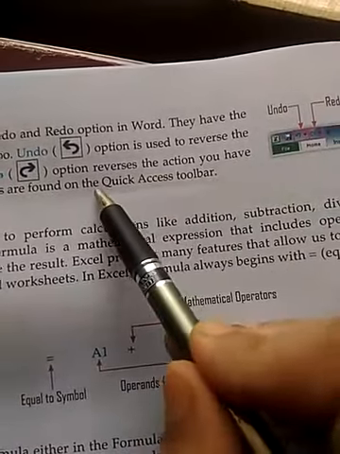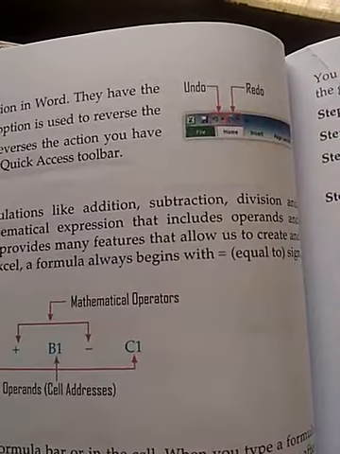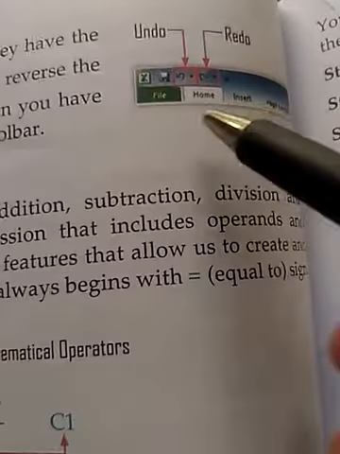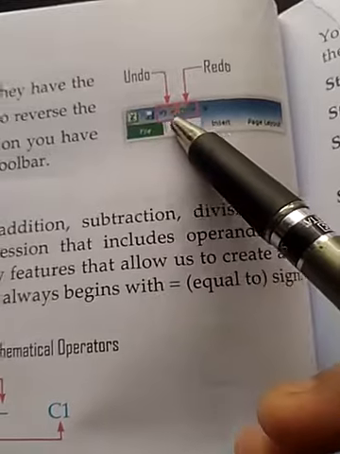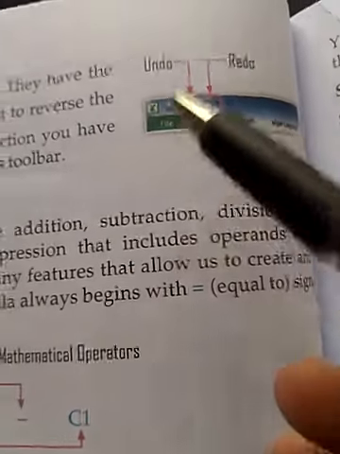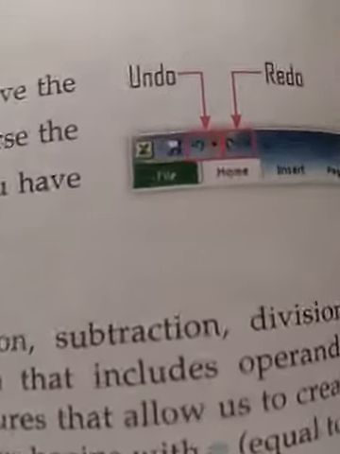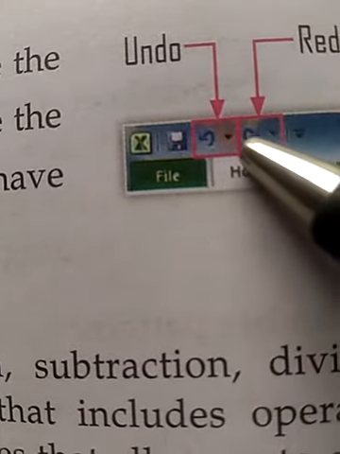The quick access toolbar is present at the left corner of your application window, here. This arrow is the undo, and this is the redo arrow. These options are present on the quick access toolbar.